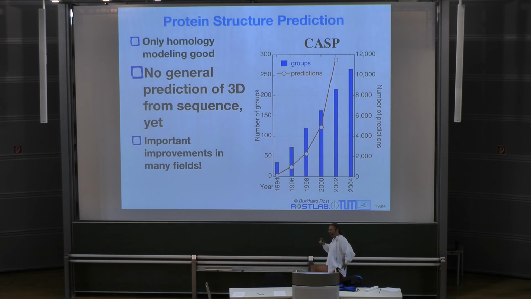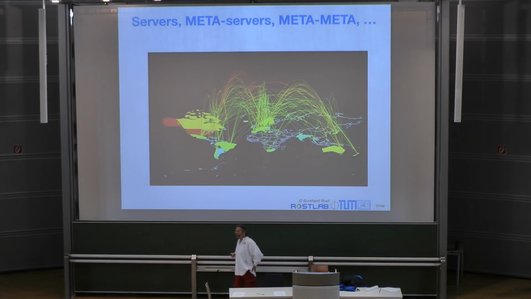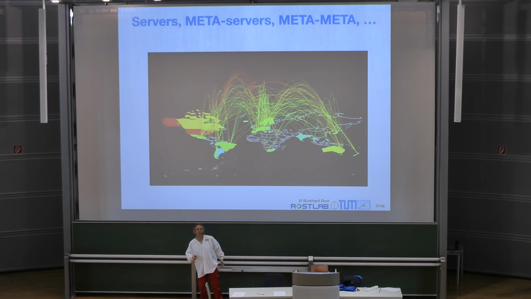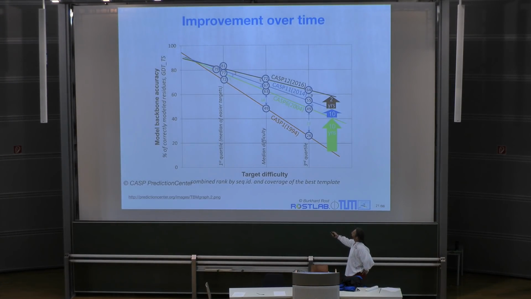Another important finding is that there are many improvements in many fields. One of the first big improvements was that directly after the first CASP meeting, people used each other's servers and built a lot of meta servers. And that somehow still dominates the field, although there are a bunch of meta servers with their own names now. What you see here is over time,